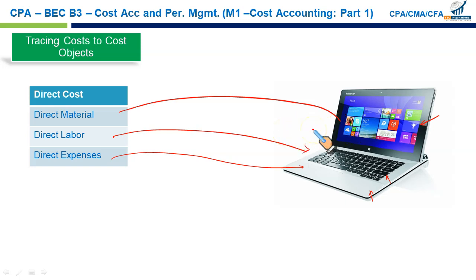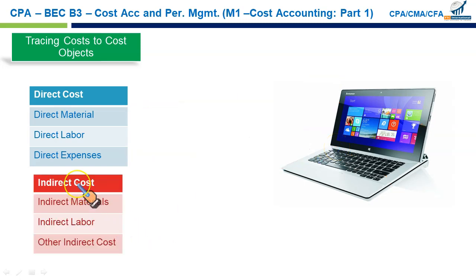And during manufacturing process, some of the units might get wasted. This is called normal spoilage. And we would have set a certain threshold that out of 100 systems we assemble, 2 may go wrong, or maybe they are not fit for usage. So this is the normal spoilage. This normal spoilage is kept within the production cost. Remember, normal spoilage, direct material, direct labor, transportation in, less any returns, they are all added to the cost of production, and these are all considered as direct costs.